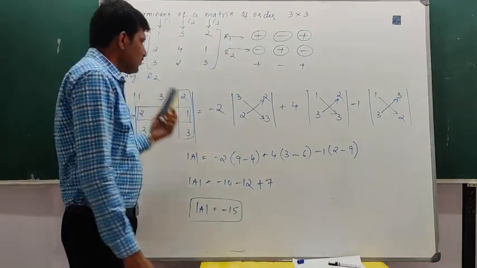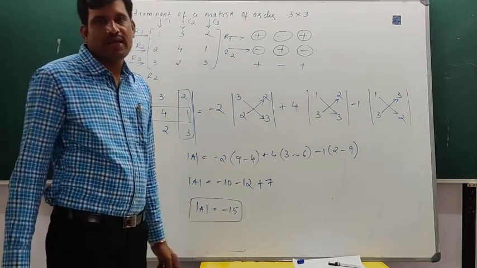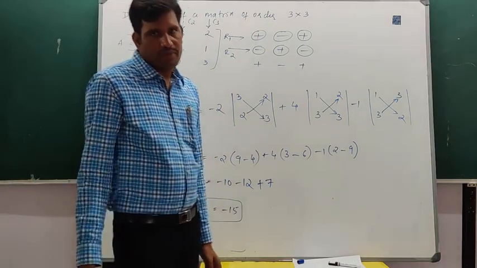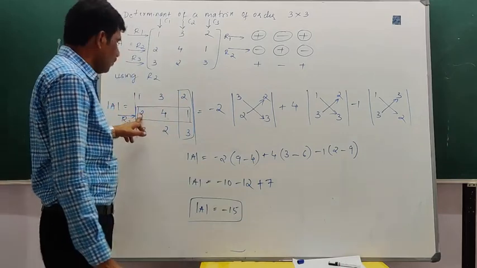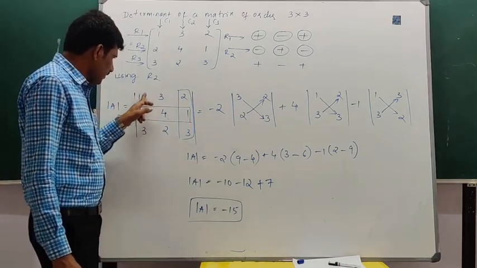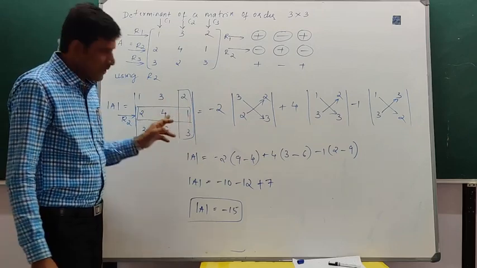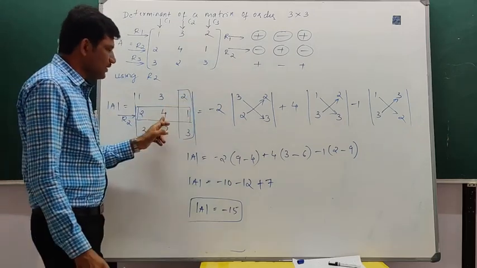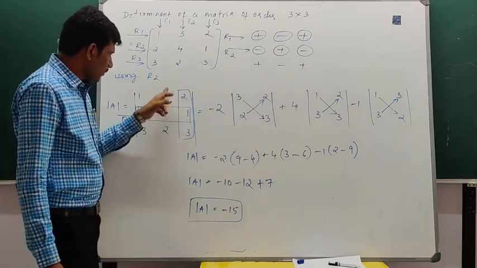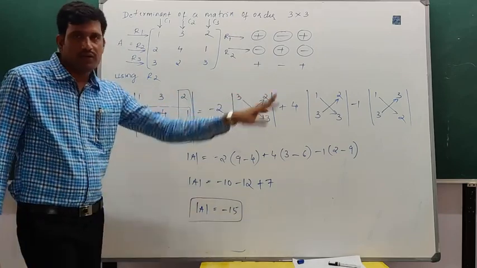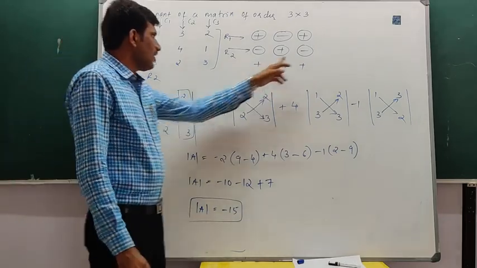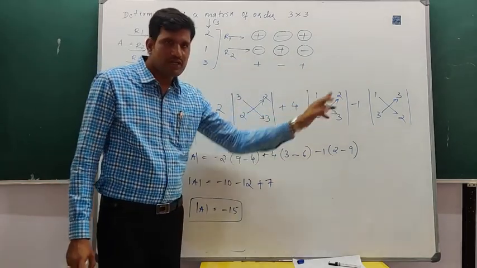Now I am expanding by using R2. So now also I am getting the answer that is minus 15. Right? So by using the second row, 2 into, where is this 2 present? First column and second row. Right? So leave that and write the remaining elements. Next, the sign of the second element is plus. Plus into plus is plus, so 4 into, leave this column, leave this row, and write the remaining 2 cross 2 determinant. The sign of the next element is minus. Minus into plus is minus 1.